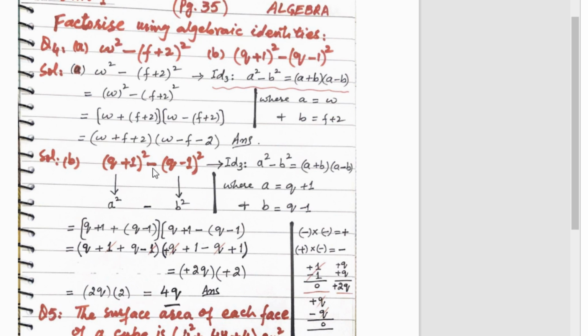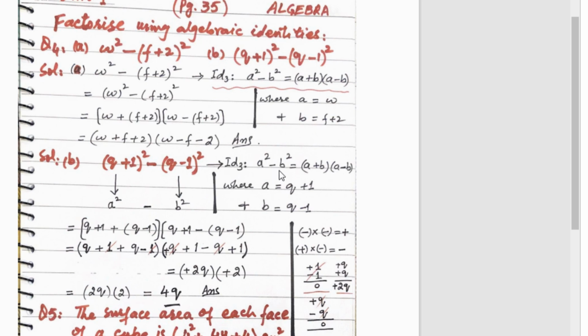What sign is there? Negative sign. There are two squares, and in between these squares there is a negative sign. We can again call it the difference of two squares. It is also a resemblance of ID3. So we will move towards the right side of ID3, meaning (a plus b) and (a minus b),